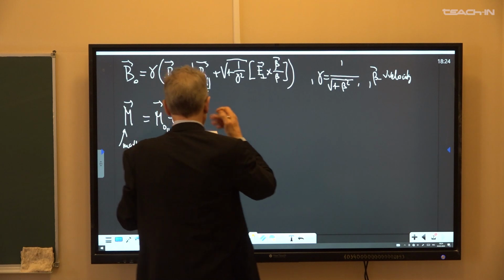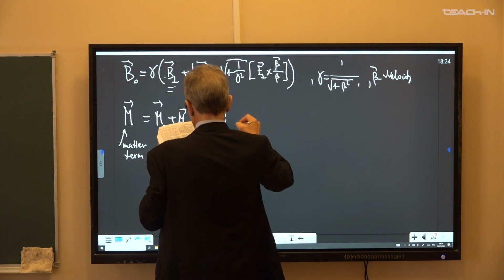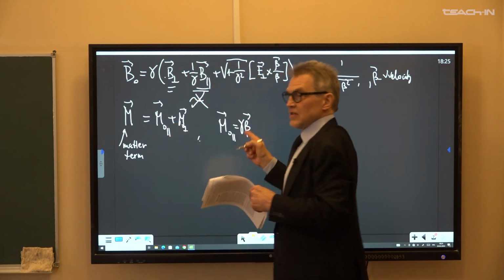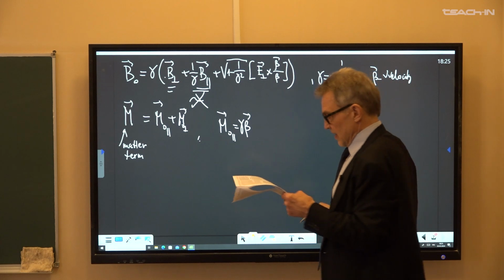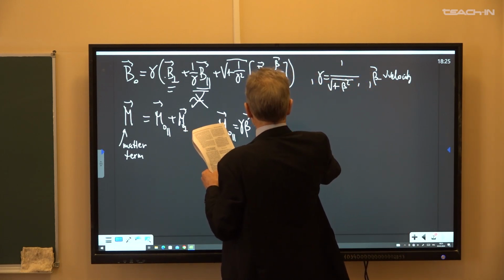M longitudinal, this is a matter term, equals gamma multiplied by the vector of the speed of neutrino, then n0 divided by 1 minus